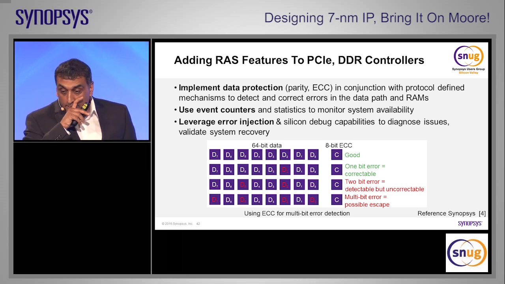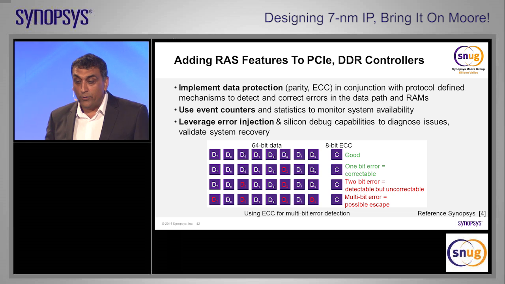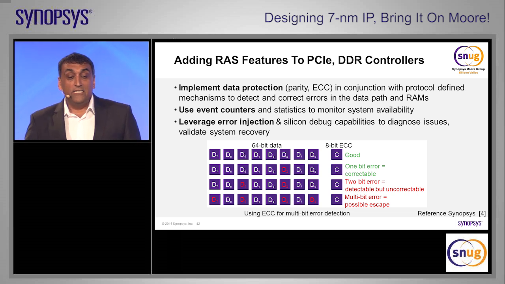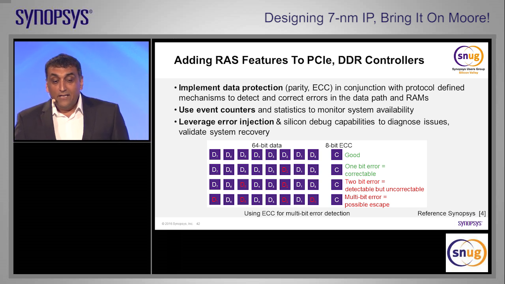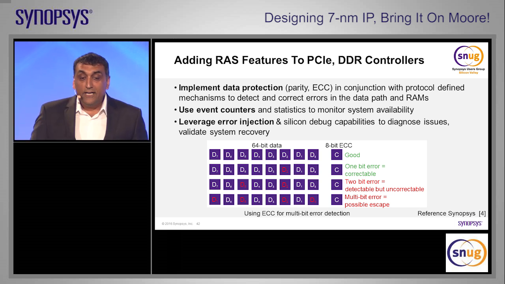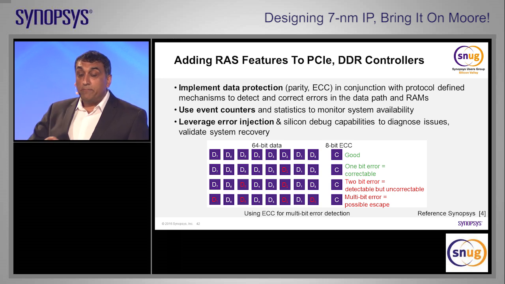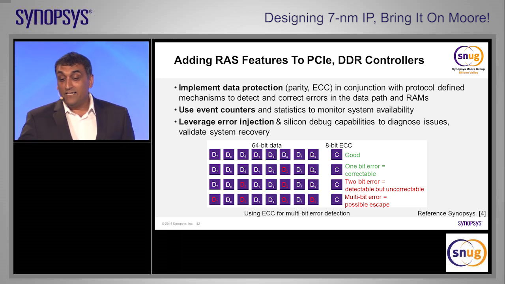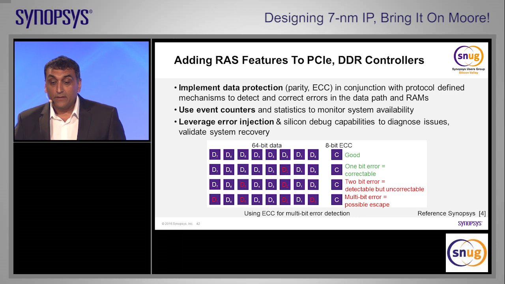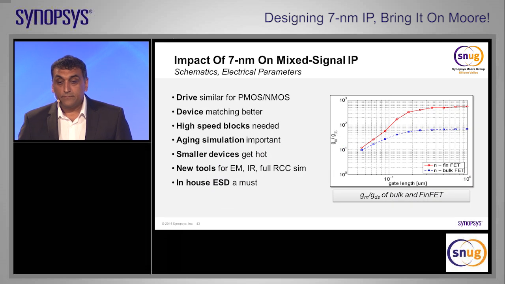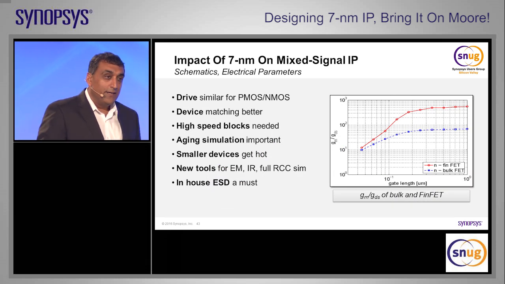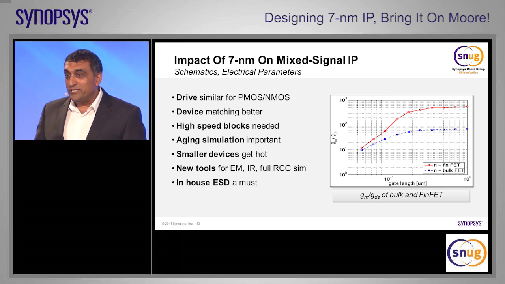This particular picture was from a white paper that we wrote, and it describes using ECC for a PCI Express controller. Basically, the concept is that with on-chip CPUs in SoCs, they routinely have about 64-bit data paths. So there's a data overhead for the ECC compared to the parity, and this disappears in this particular example. So it means that you can add ECC without impacting area. So I talked about digital IP. I'm going to move into my comfort zone, which is analog mixed signal.